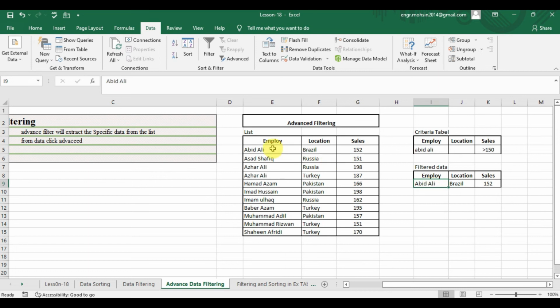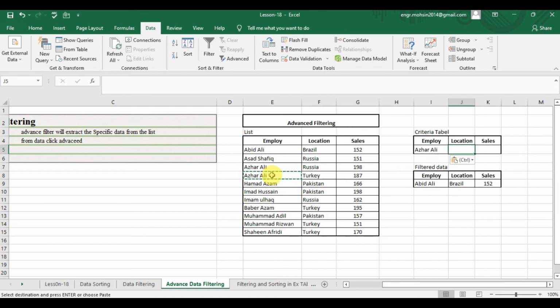So in this entire table we have one time Abid, for which location is Brazil, and sale is 152. Here I can modify the criteria as, instead of Abid Ali, I will define here Azhar